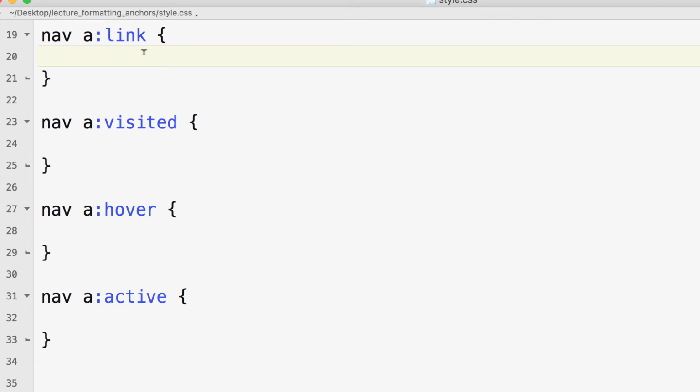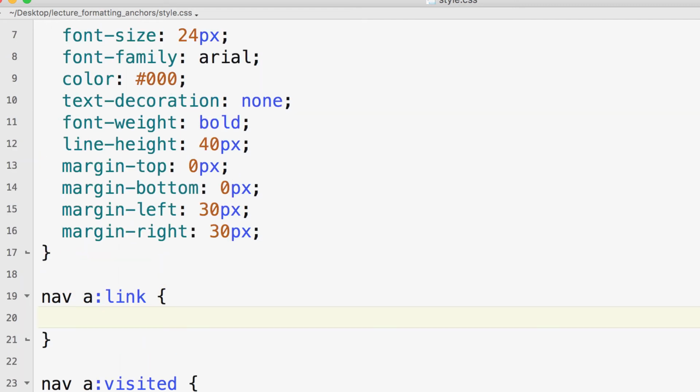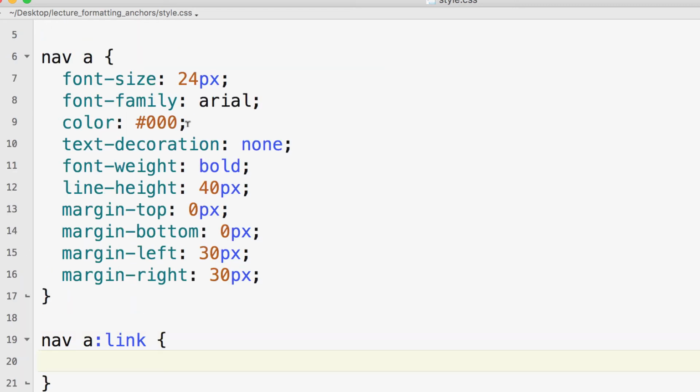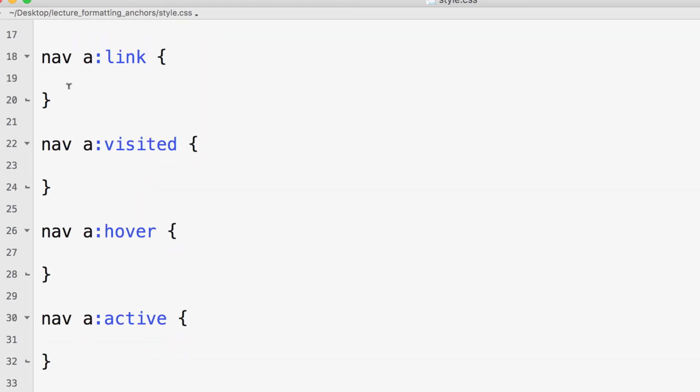Link is the default look. A link as it stands, without any sort of formatting. That's what it should be. Now, if I want that to be black, what I should do is really come up here and take that black out of my nav A and paste it down here under nav A link. So when my default color is black,